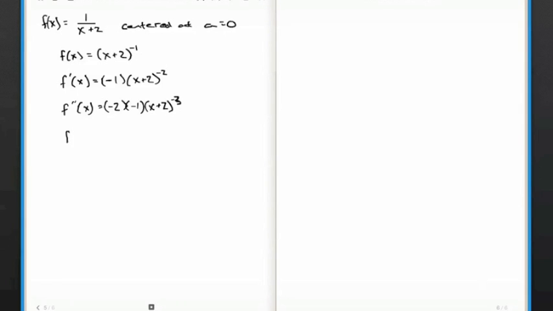And then f triple prime equals negative 3 times negative 2 times negative 1 times x plus 2 to the negative 4. Right, and we can see this pattern here. And finally, pretty sure I can get an f sub n, or the nth derivative,